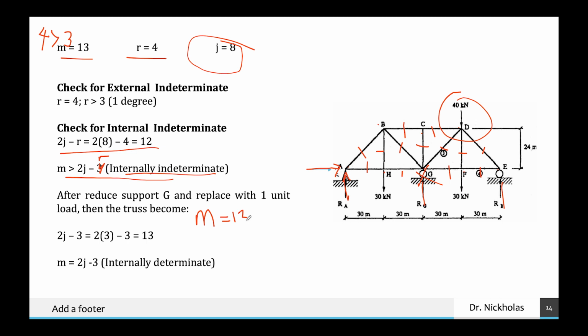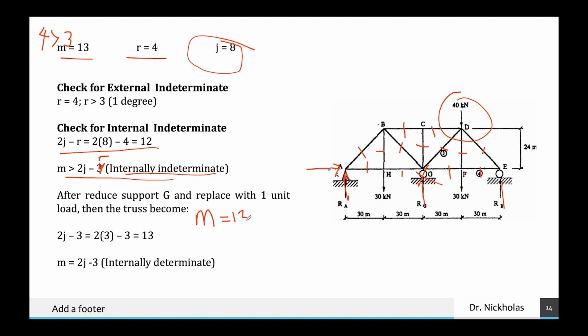However, the total number of reactions R now becomes 3. When we test using this condition, we meet the requirement that the total number of members equals 2j minus 3. So this structure is considered as a statically